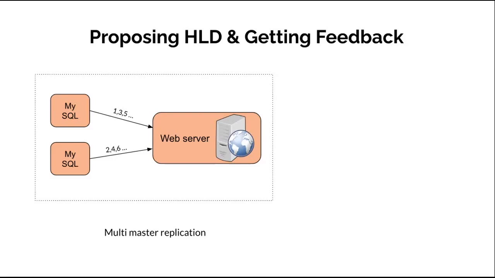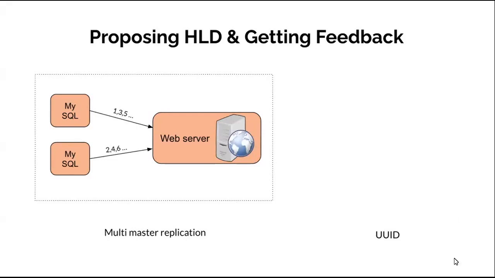So that is pretty much on the multi-master replication approach. So in this part, we will talk about UUID. So UUID is another easy way to obtain unique IDs. UUID is a 128-bit number and it is used to identify information in computer systems. UUID has a very low probability of collision. As defined, after generating 1 billion UUIDs every second for approximately 100 years,